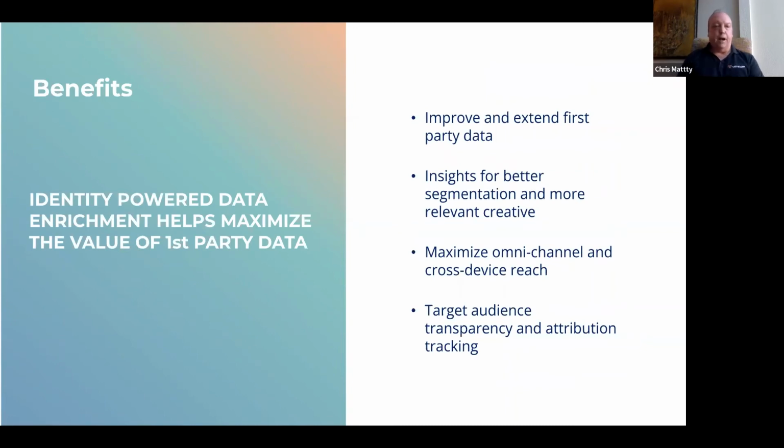So the benefits of identity-powered data enrichment are very significant because that first-party data is often messy. It's lacking, it doesn't have all of the attributes. You might have a name and an address, but you don't have an email or a phone number. And so identity-powered data enrichment can add additional contact points and improve the quality and extend that first-party data for better communication and outreach. Demographics and firmographic insights data helps understand who these people are much more effectively, so you can segment, you can market to different subpopulations within your first-party data.